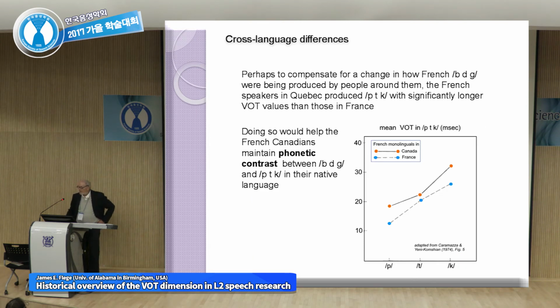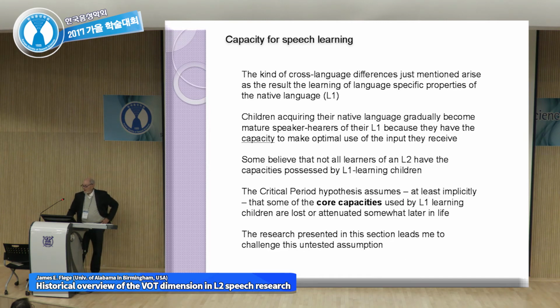Perhaps to compensate for a change in how French BDG were being produced by people around them, the French speakers in Quebec produced BDG with significantly longer VOT values than did monolinguals in France. Doing so would help the French Canadians maintain a phonetic contrast between BDG and PTK in their native language. Now, the kind of cross-language differences just mentioned arise as the result of the learning of language-specific properties of the